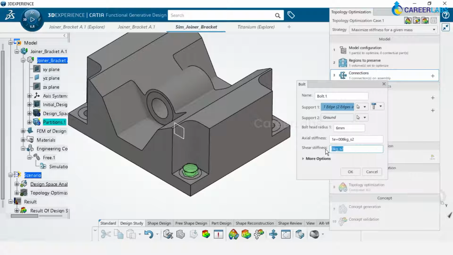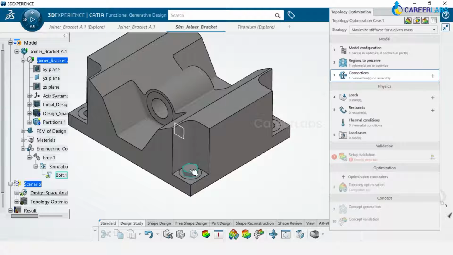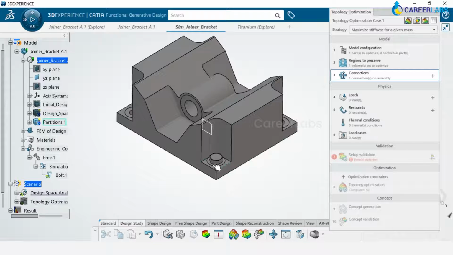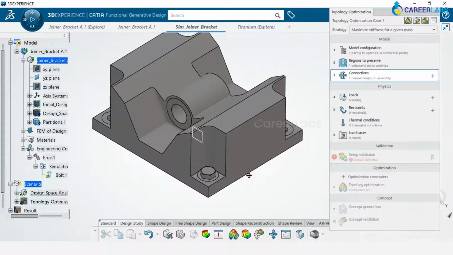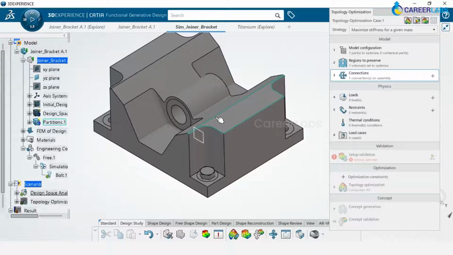assign stiffness, which is axial stiffness and shear stiffness. This axial and shear stiffness is nothing but the stiffness of the bolt with respect to the axis of the hole, as well as the resistance when the component tries to translate in any of these two directions. Okay. Now we have other 3 holes wherein again we will have to assign 3 more bolts with the